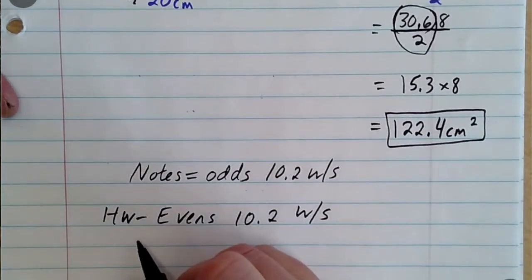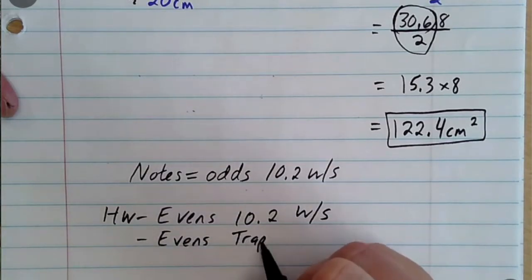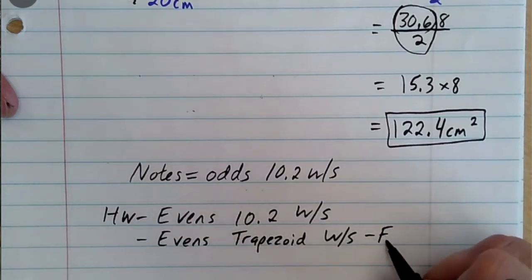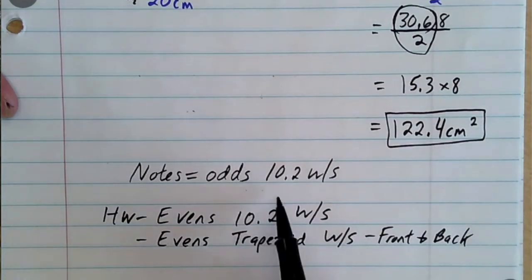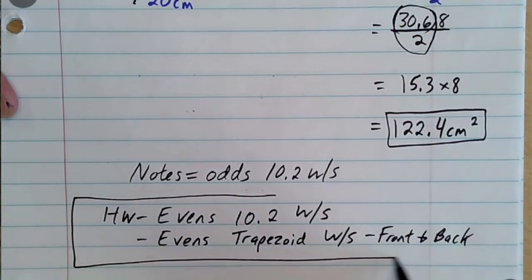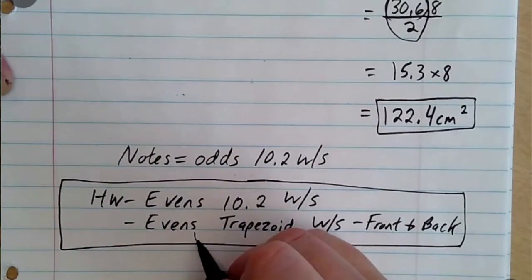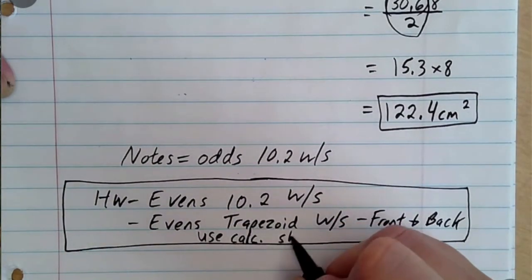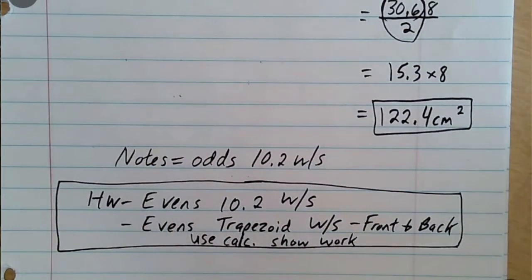I also want you to do the evens from the trapezoid worksheet, and that is a front and back. That way you're getting lots of examples of trapezoids. You can use your calculators. You just need to show work. Use calculators, show work. You need to make sure you're writing these formulas and then filling in the blanks just like we did in our